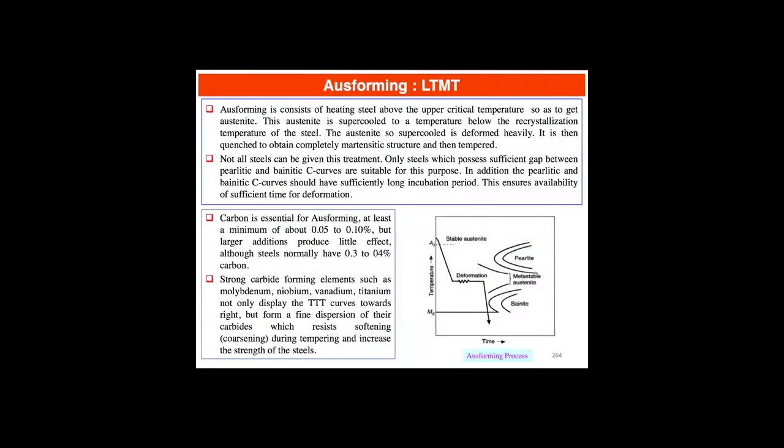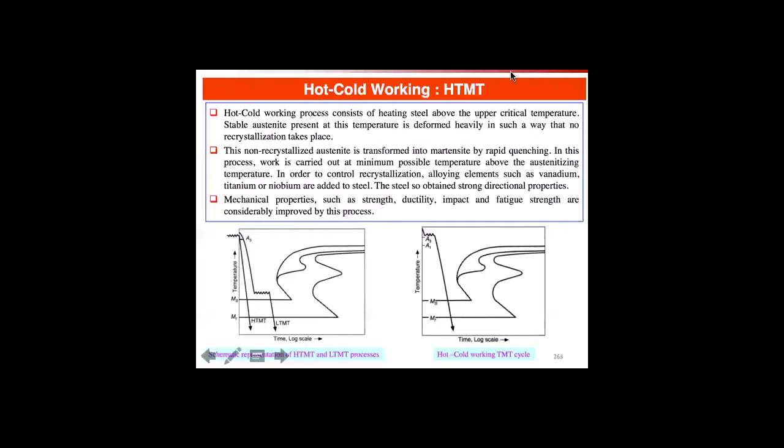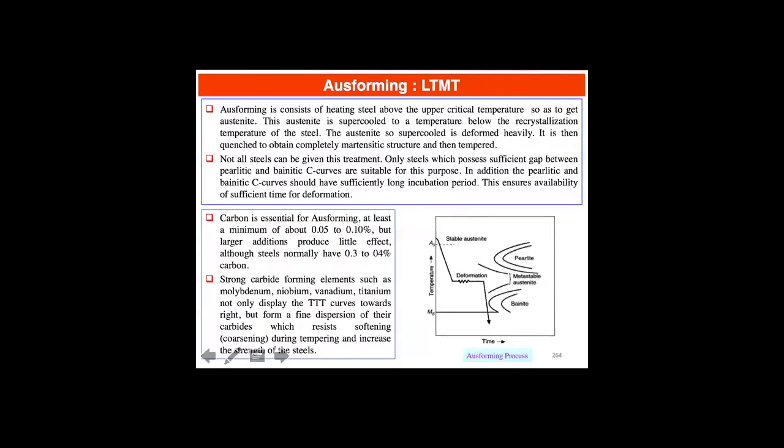And then the other case, right, is LTMT, also called ausforming. What we're basically doing here is coming down to below the A3 temperature into the region between the pearlite bay and the bainite bay, where we're in this metastable austenite regime, where we have to hold for a long time before we would get Widmanstatten structures to form. So if we can deform and then quench before we start to transform, and if we can quench fast enough that we just barely clip the nose or miss the nose of the bainite